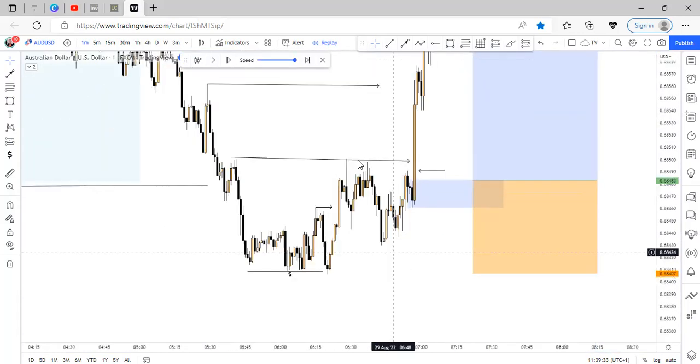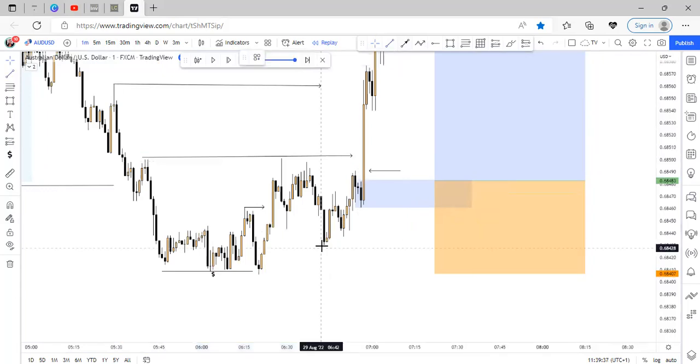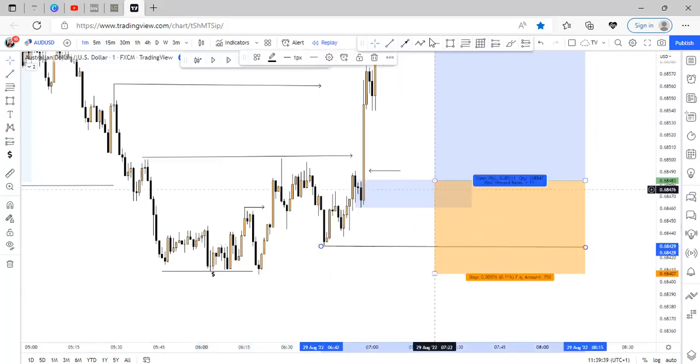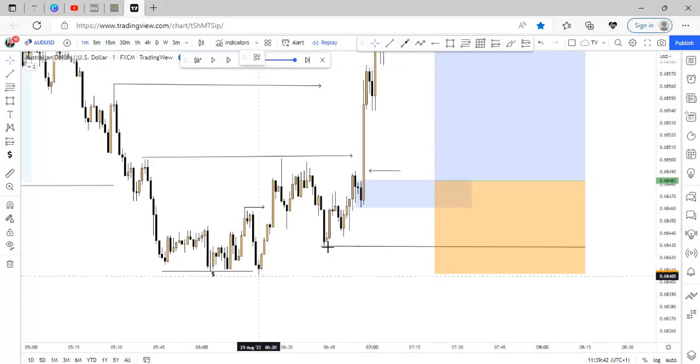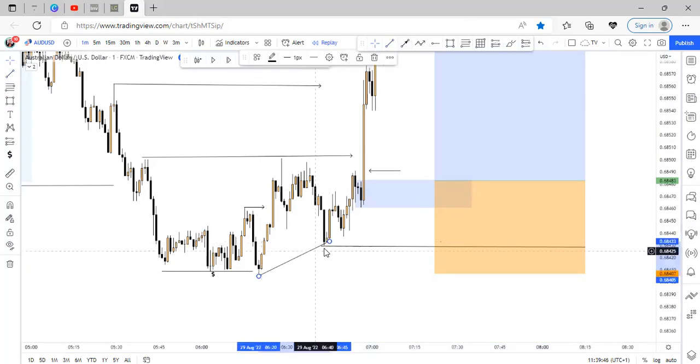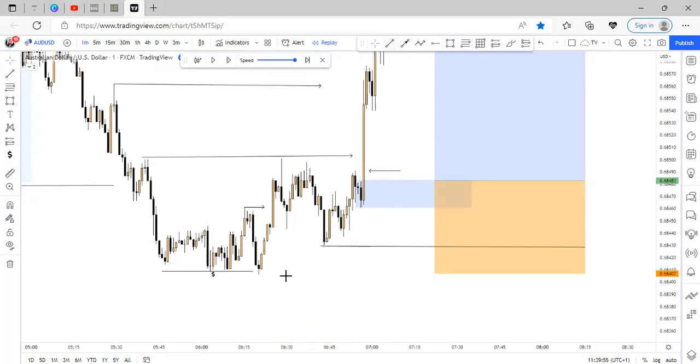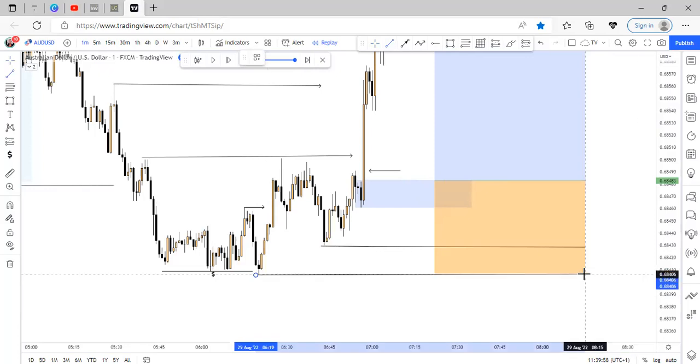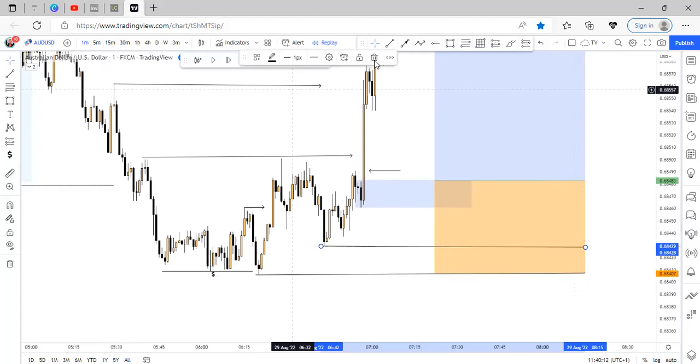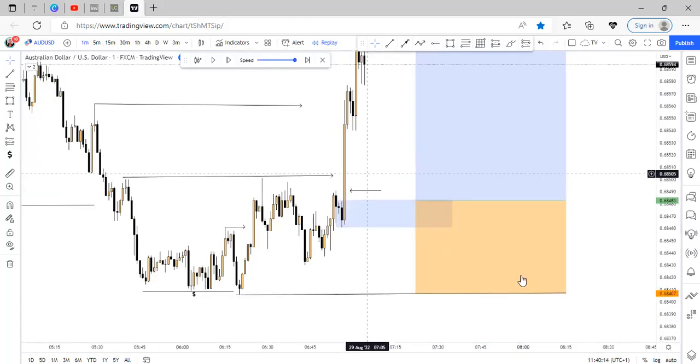Also, you might argue that why not have it at this low right here. Of course, you can as well have it at this low, because from right here we can see a shift in market structure. Okay, we already have a shift, and this was now responsible for this whole push to the upside. Okay, but since this is still below 10 pips, I'll just prefer to have it at this particular level right here. Okay, so you can have yours at this level, it's fine,